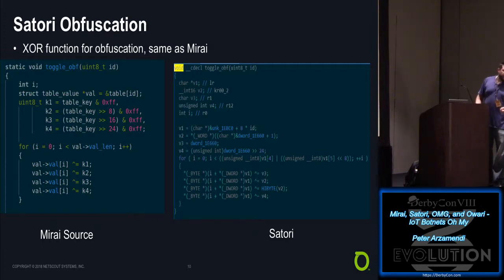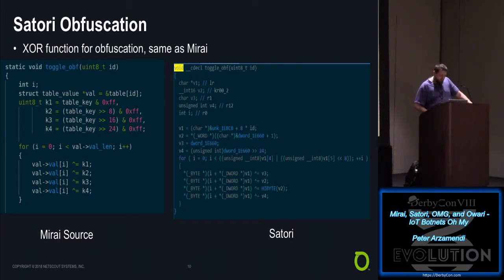It used the same function to obfuscate those strings, but used different keys. So you weren't seeing the same dead beef. They may have used different incantations of that, but same function, very easy to figure out what those XORed strings were. The reason for the XOR could have been a couple of things. One, to bypass maybe IDS, IPS types of situations, or to make it difficult for reversers or blue team members just to be able to run strings and figure out, oh hey, here's a domain that it uses, here's a port it uses.